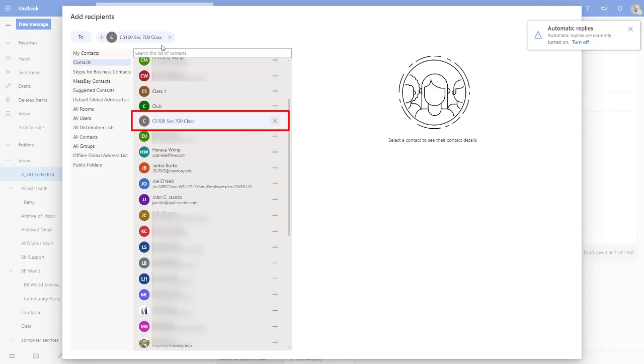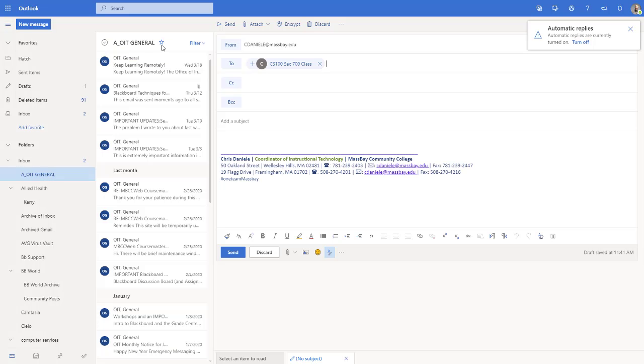When you're complete with the recipient list, hit Escape. You'll be back in your email screen. Note over here under the To line, it puts in the name of that distribution list you created. Enter a subject for your email. Type the body of your email and then click Send, and everybody on that distribution list will receive your email. A copy of that email will be stored in your Sent Items.